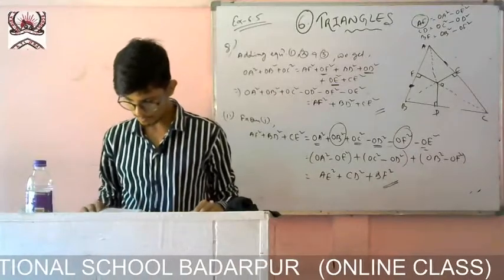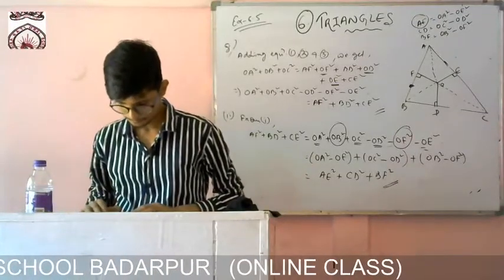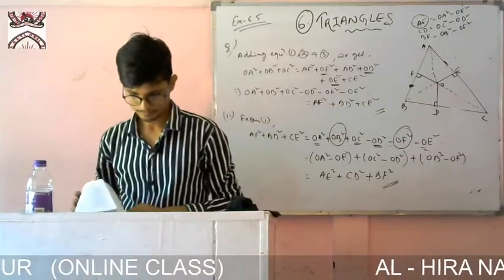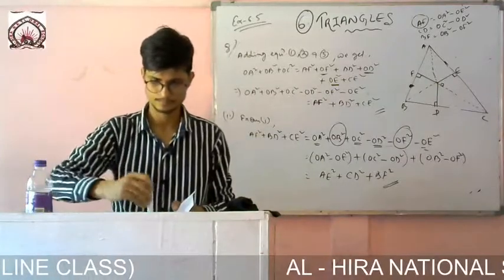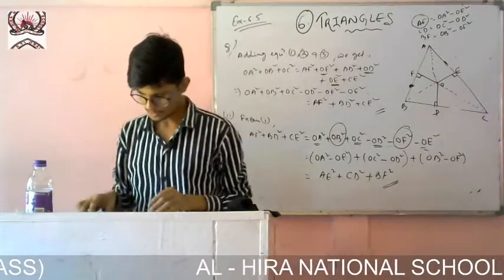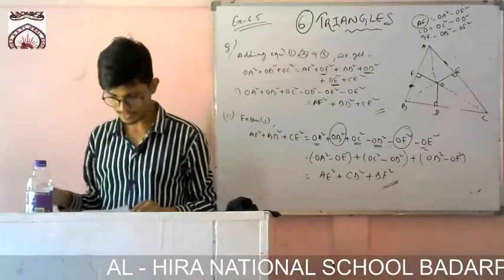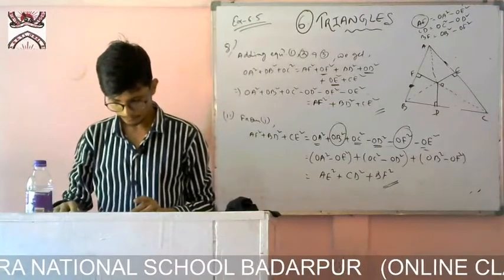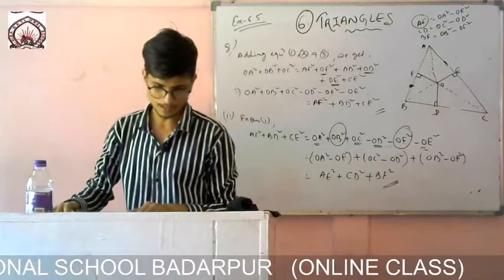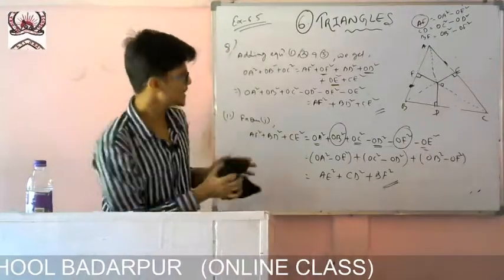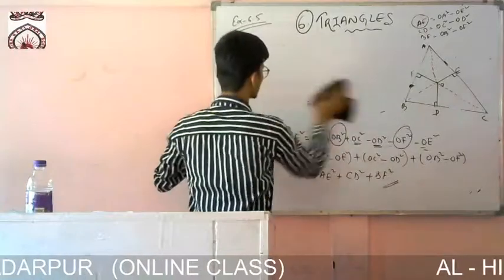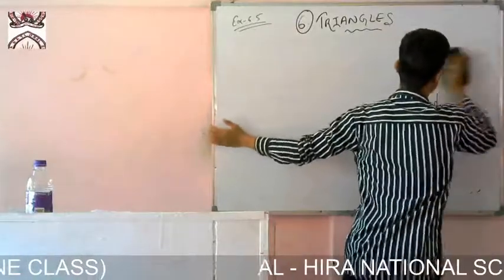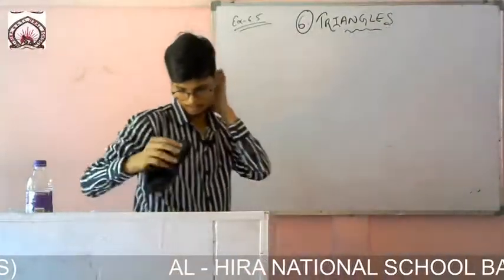Now let us move to question number 9. So a ladder is given. Question number 9: a ladder of 10 meter long reaches a window 8 meter above the ground. Find the distance of the foot of the ladder from the base of the wall. So it is a very easy sum, and sometimes such a type of question also comes in HSLC with 2 marks. You just have to use the Pythagoras theorem and find it.